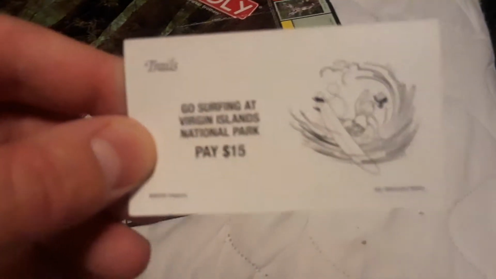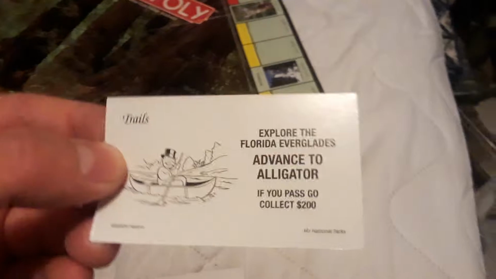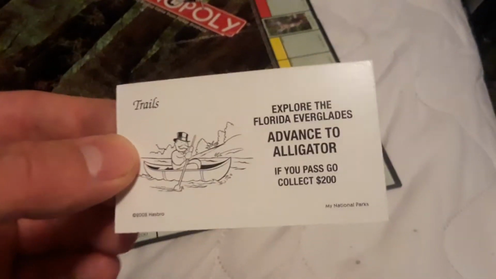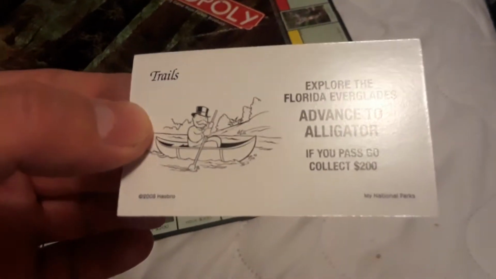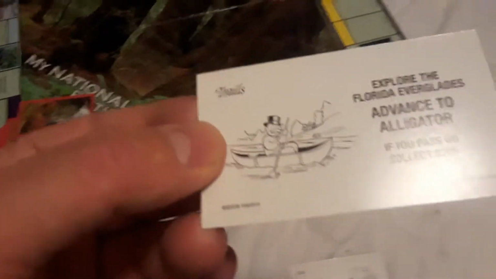Don't need to be leaving the food out now. Animals get it. Go surfing at Virgin Islands National Park, pay $15. I'm pretty sure it costs more than $15 to do that, but they have to put this game kind of like all the other Monopoly games. They have to pretty much use the same prices and everything, even though